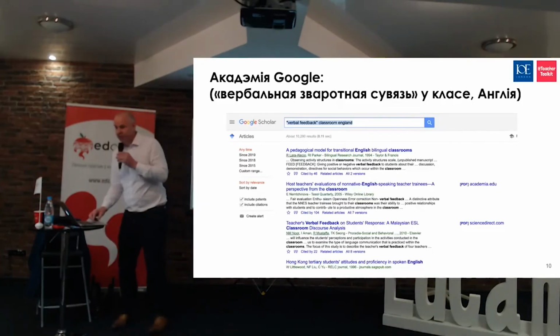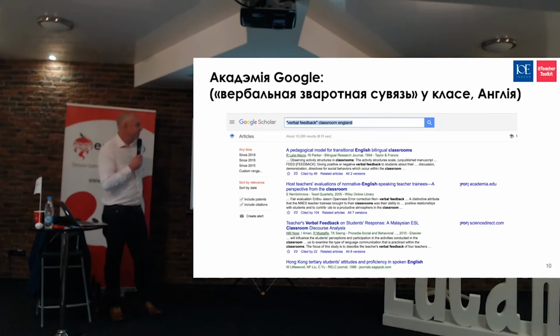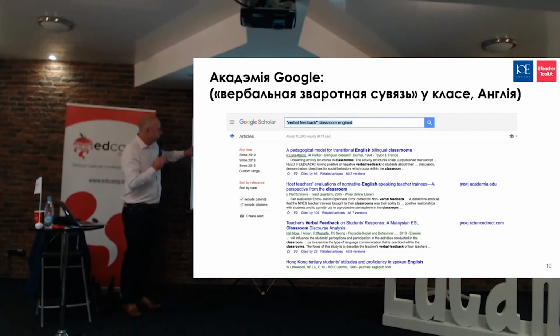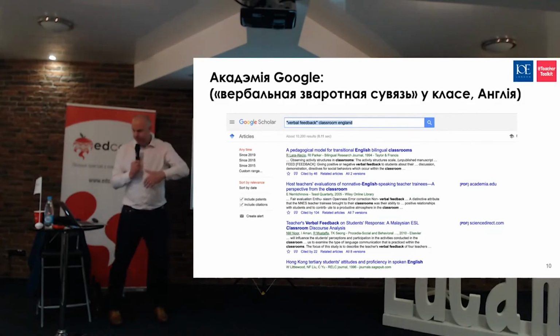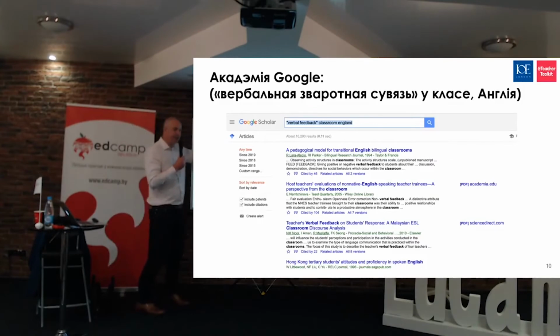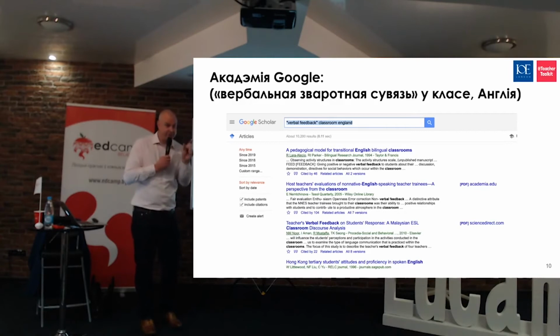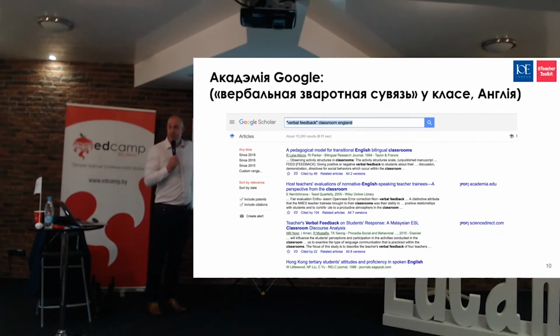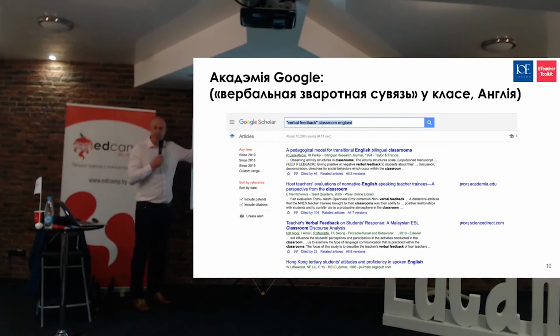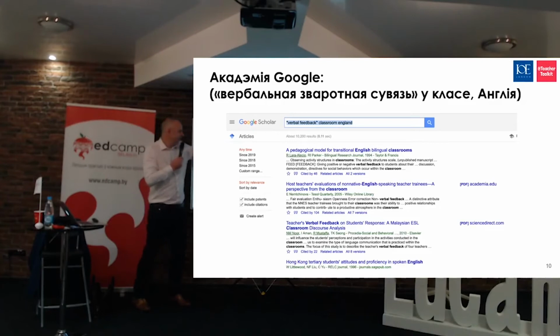So this is a screenshot of Google Scholar. This is a really easy way to access research. So what I would do on a demonstration, maybe at the end I'll go off my slides and show you. I've typed in here, in quotation marks, so that allows me to narrow the research. I originally typed in just verbal feedback. The responses came back, I think it was about 300,000 responses. So then I added the word classroom in England, and this screenshot is 10,000 results. It'd take me a lifetime to find out the answers.